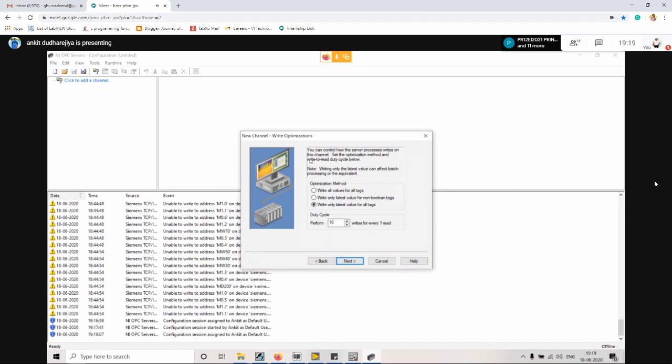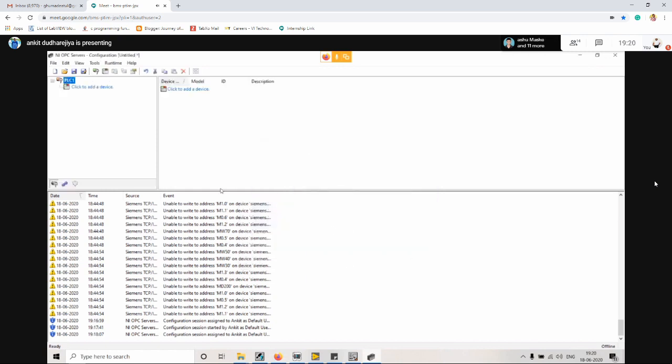Now here we don't have to change anything. Let's keep all the default settings. We don't have to change at what time this value will update or write, for example every 10 milliseconds. So we don't have to change anything. Again over here, no need to change anything. We only have to give a name, select a protocol, select our Ethernet card, and then click on Finish. So now you will be able to find the PLC1 channel name over here. This is our channel name.